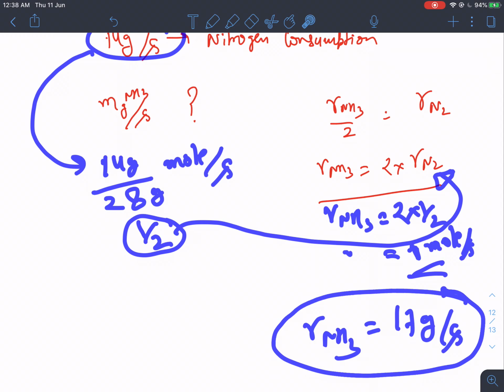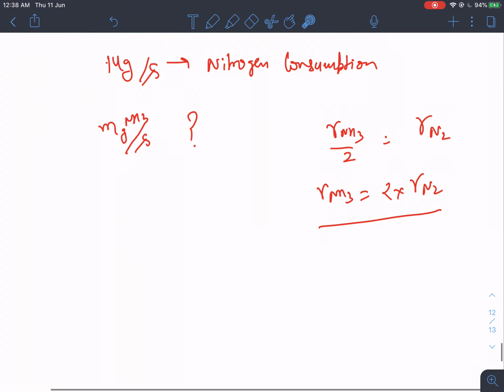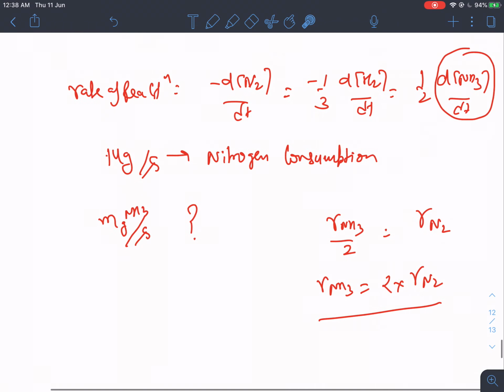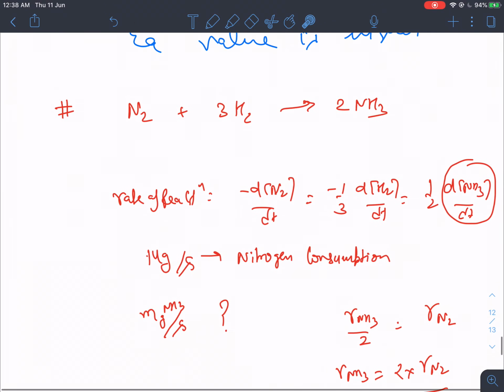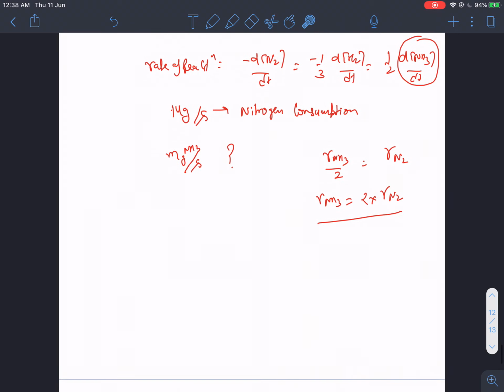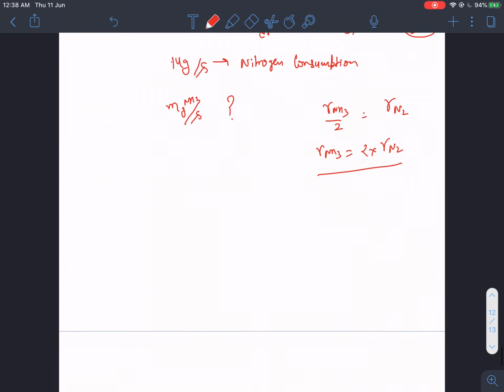Alright everyone, so that's all in the discussion related to nitrogen with ammonia and how we are going to use it. So at the end, let us conclude the whole thing. As I told you, if a reaction A + 2B forming 3C + 4D is given, what will be the differential rate law for this? The differential rate law.